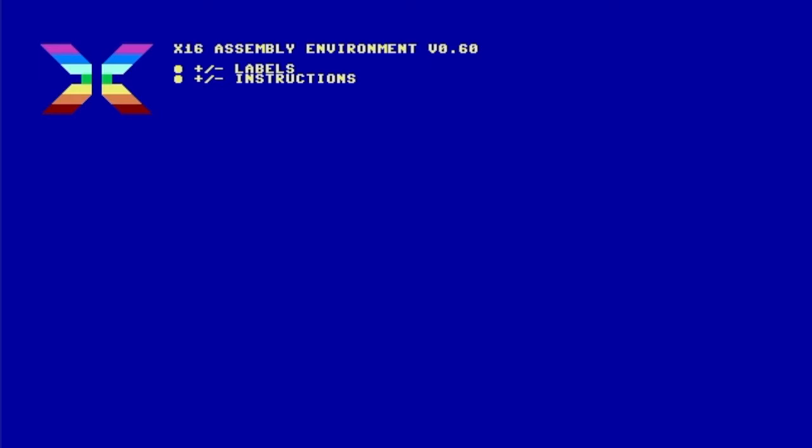It's been a while since I've done an update of the Commander 16 Assembly Language Environment. I've been working really hard to get the interactive editing of labels and interactive editing of instructions added to the program. Before we look at the new features, let's take a step back and look at the design goals that